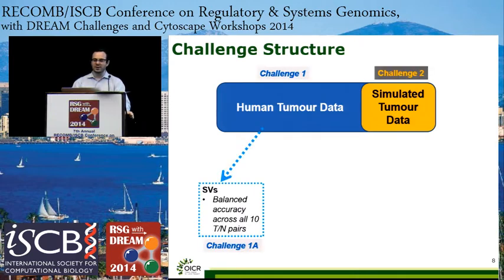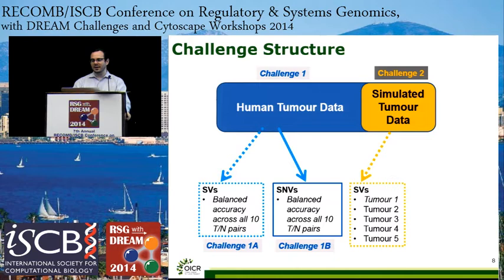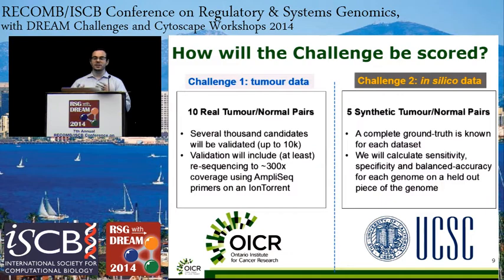These are challenges 1 and 2, and within each, we asked groups to try to identify structural variants and single nucleotide variants, and similarly for each of the synthetic tumors, the single nucleotide variants and structural variants. So the challenge scoring